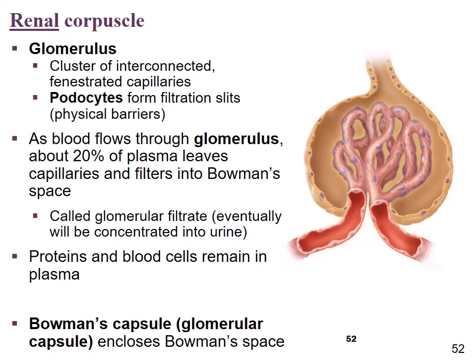So if we look at the renal corpuscle, it is made up of the Bowman's capsule, or the glomerular capsule, and the glomerulus, which is this tuft of capillaries here. The glomerulus has cells that cover the capillaries called podocytes. They have pseudopods, kind of. They're little foot-like extensions is what the word means, and they form filtration slits, which are a physical barrier, and